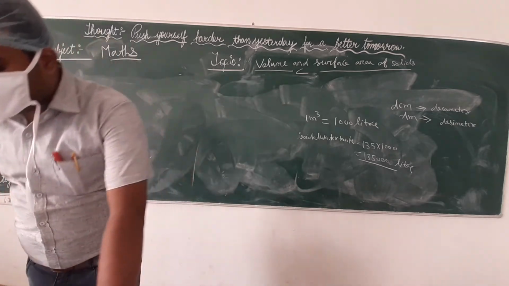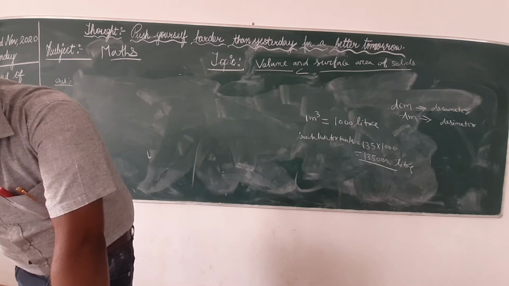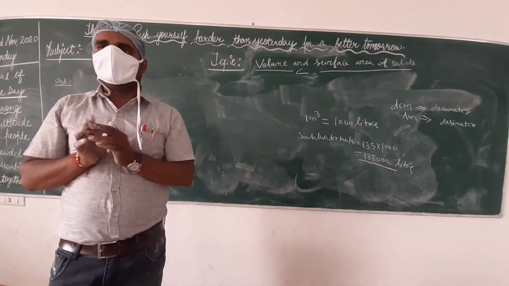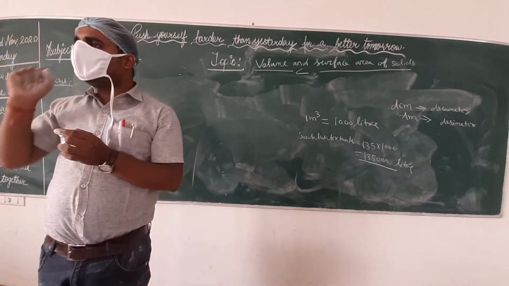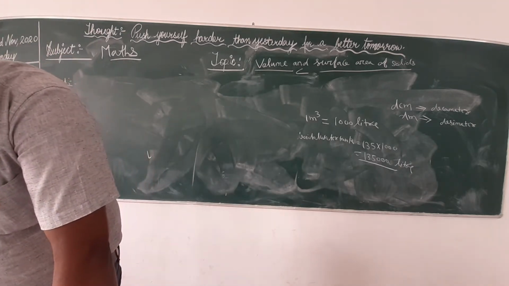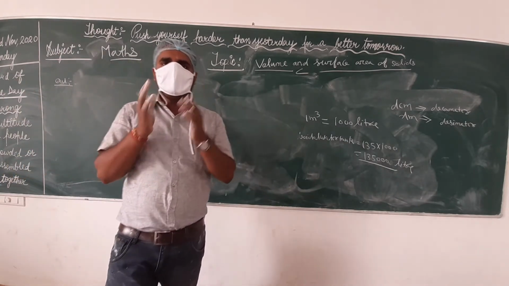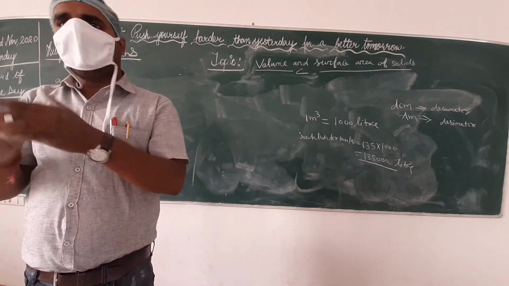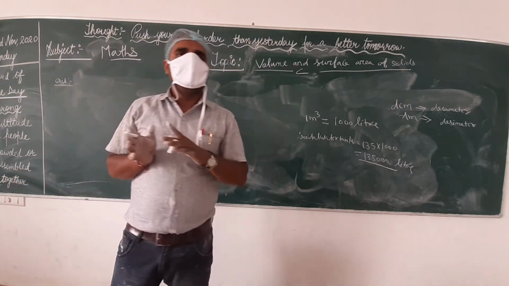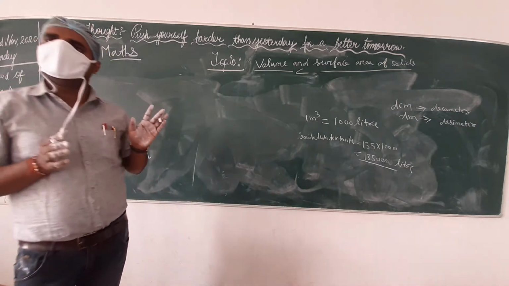A godown measures 40 meter, 25 meter and 15 meter. Find the maximum number of wooden crates each measuring... First we have to calculate the godown's length, width and height given. So first we have to measure the total volume of the godown. After that, the question tells us to find the maximum number of wooden crates. Suppose we have to put wooden crates in this room. How many wooden crates do we have to use? Then we first have to calculate the volume of wooden crates and divide the total volume by the volume of a crate. We have to find the number, how many wooden crates we have to put.